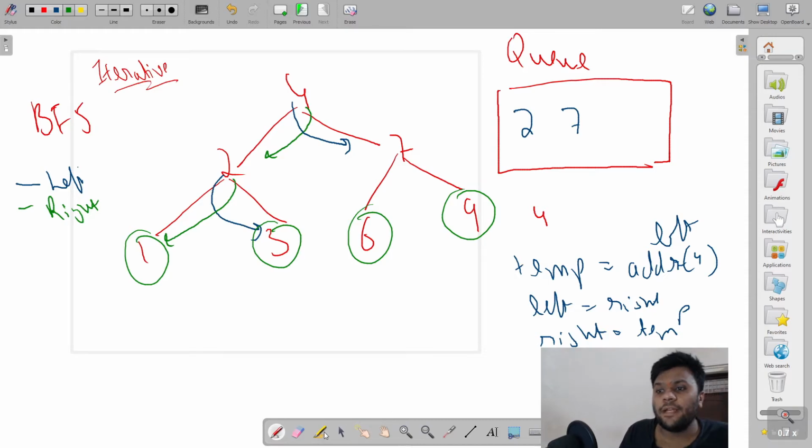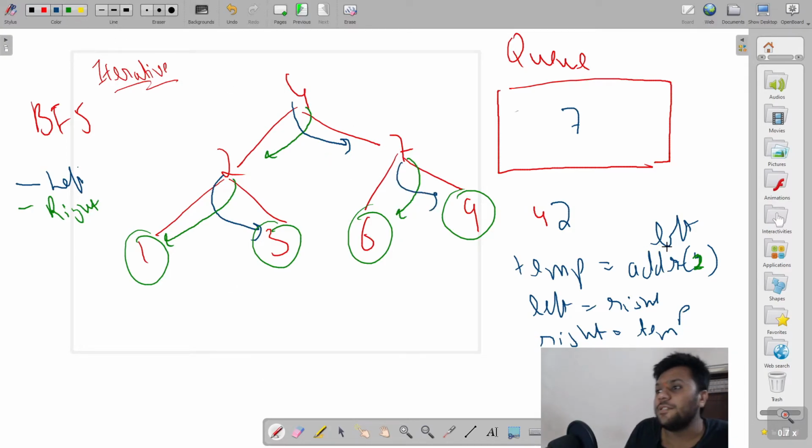After swapping, when I'm working on my 2, it becomes 2 over here. Now I will work on my 7. At that time my 2 is outside, now my 7 is there, so I will do the same thing: my right will start pointing to the left and my left will start pointing to the right.